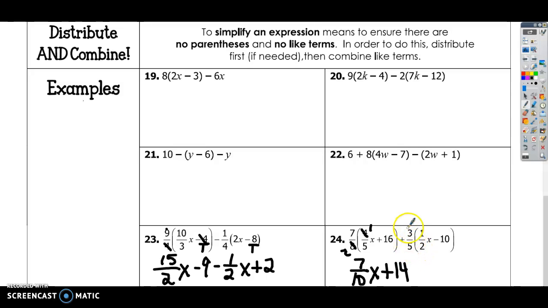All right, so here we've got 3 halves times 1/2. Again, we multiply across the top. This one's not going to simplify first. So we've got 3 over 10x. And then the 10 and the 5 will reduce. So both of these are divisible by 5. 5 goes into 10 twice. 5 goes into 5 once. So 3 times 2 is